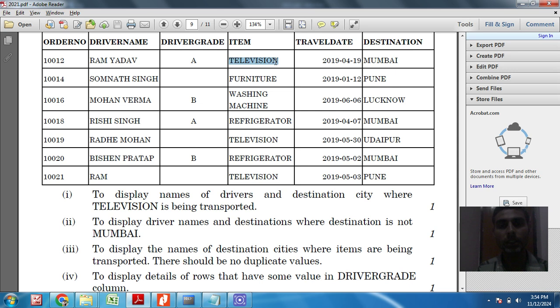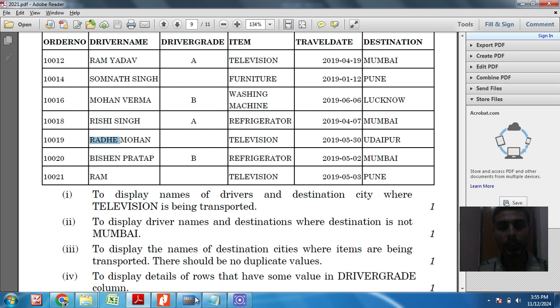Television is transported for Ram Yadav and for Radhe Mohan. So we have to display the driver name and destination city where television is being transported.